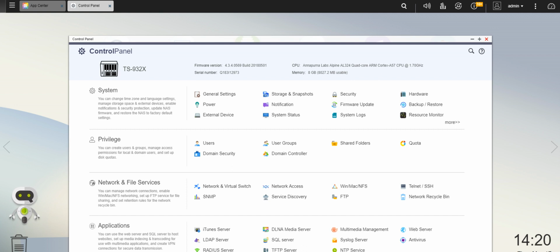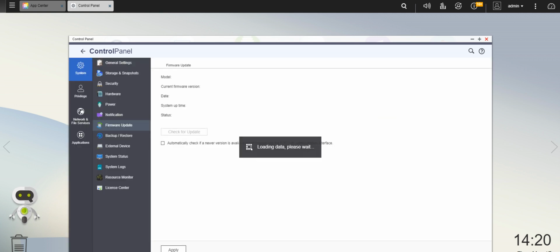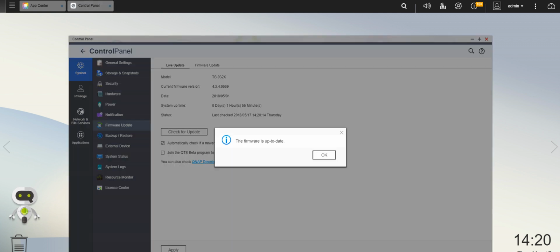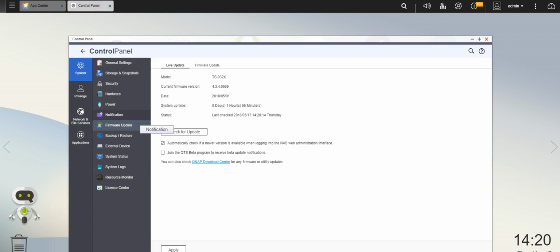But, so straight away, just to confirm, there's our firmware update. And as you can see, we're up to 4.3.4, and this is revision 0569. It is the latest update currently available as of the date you can see on the screen, and it is the very latest firmware. So without going into too much detail here, this is where the settings are,